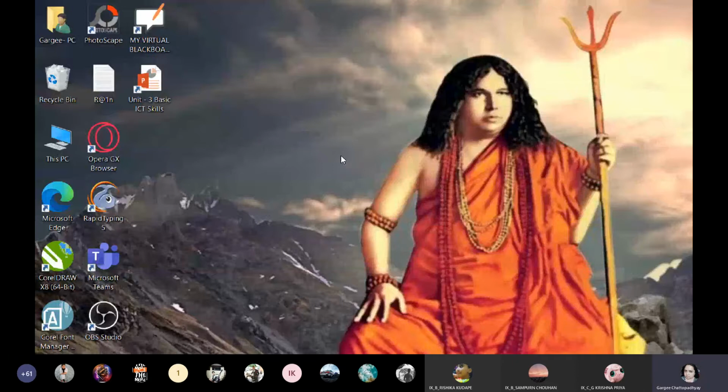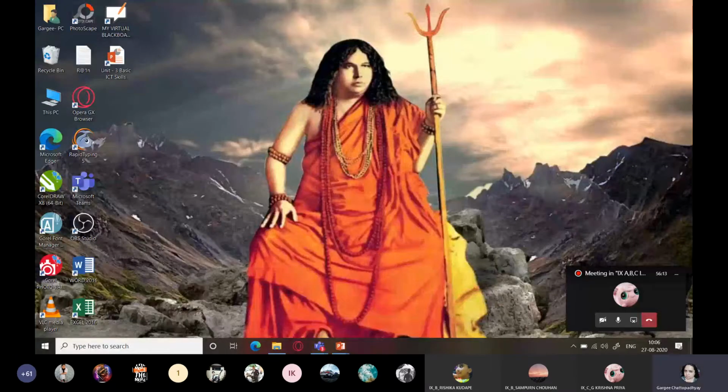Next is adding shortcut icons on your desktop. Where did my mouse pointer go? Wait a second, students.